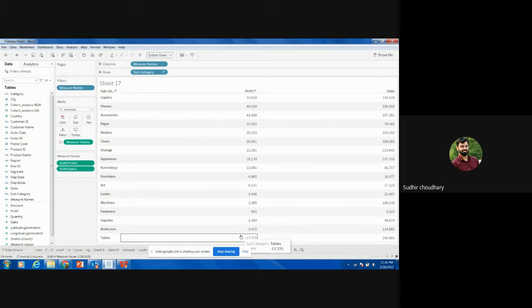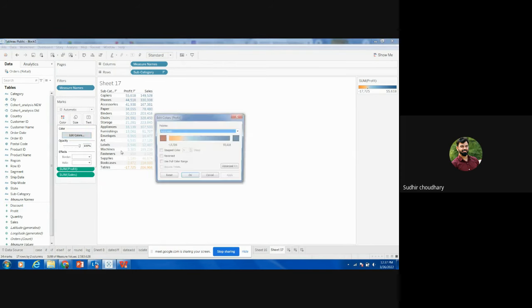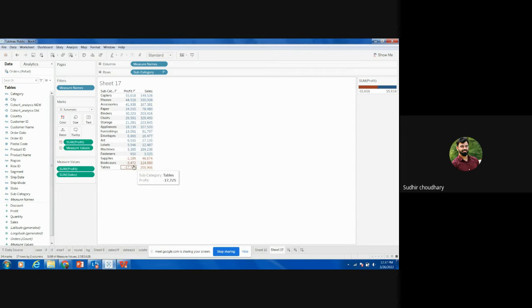Now see this. Clear? Yes, sir. So it is quite easy to arrange the data. This is the tax table. Now see one more thing. If I take this profit to the color, see this, very important. Now see this, where we are having some loss, negative values in the profit,